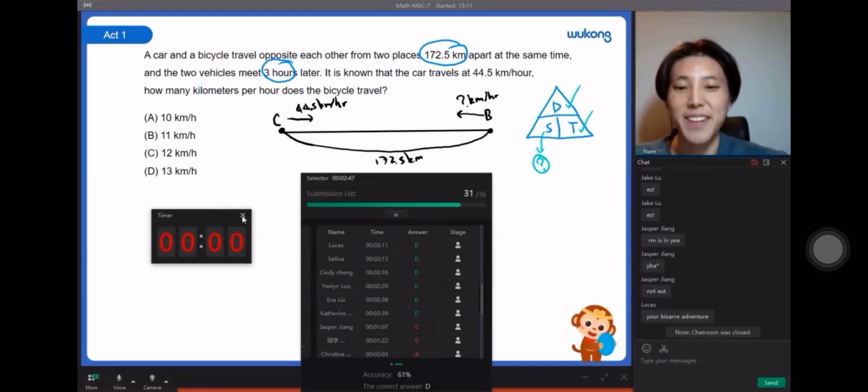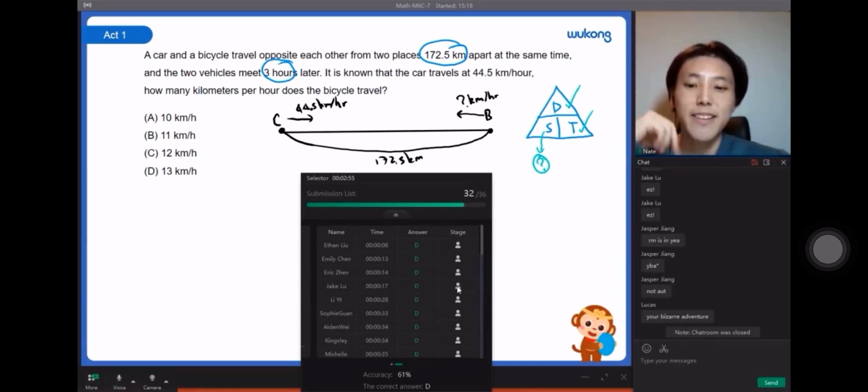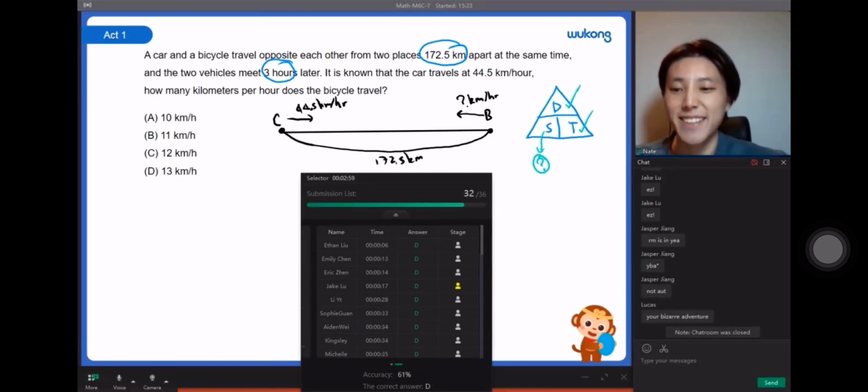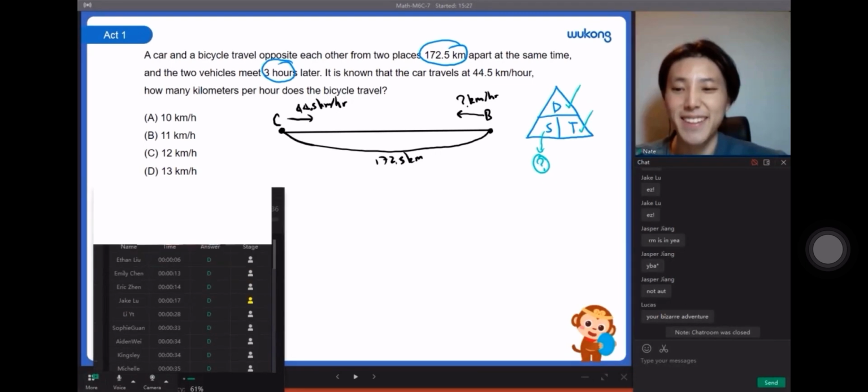Okay, I'll let Jay come up on stage first. And Victor, you can come up on stage next. Hi, Jake. Now, can you move the selector? So